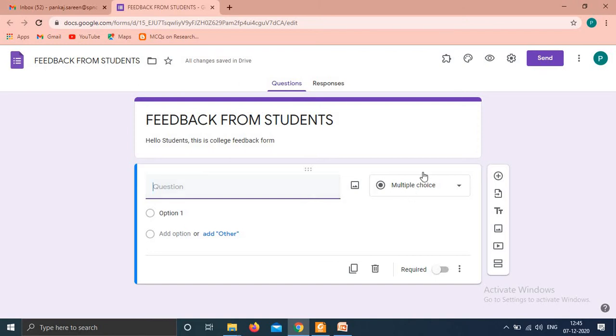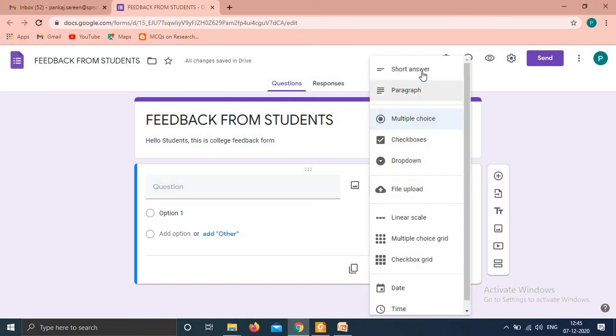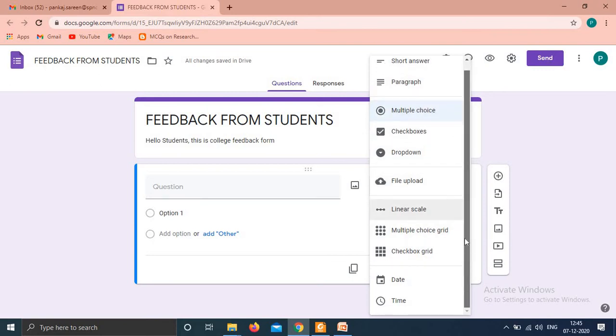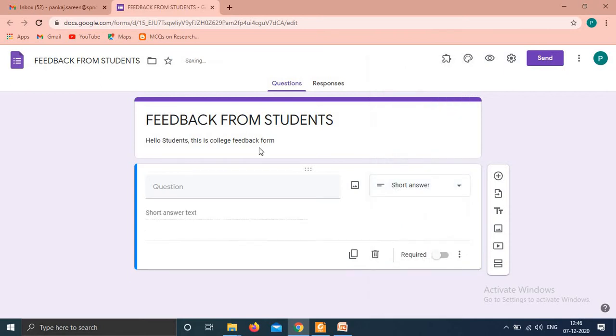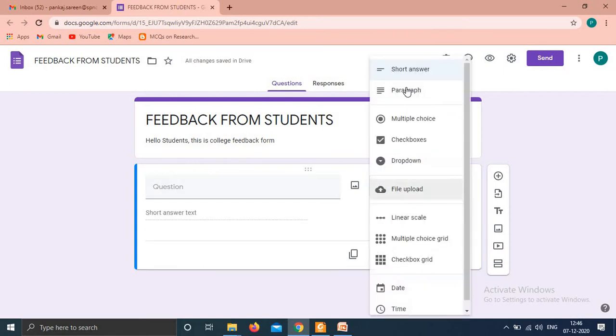See, there are so many options: short answer, paragraph, and so many other options. I will explain all the options. Right now I want the name of the student, so I can click on short answer.